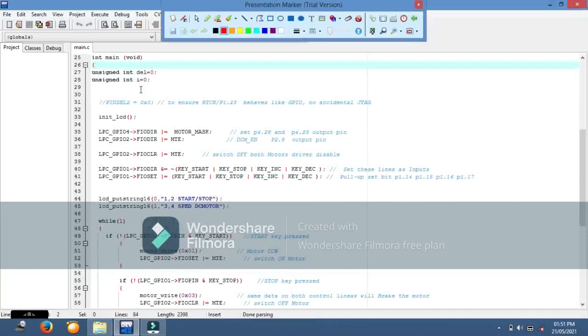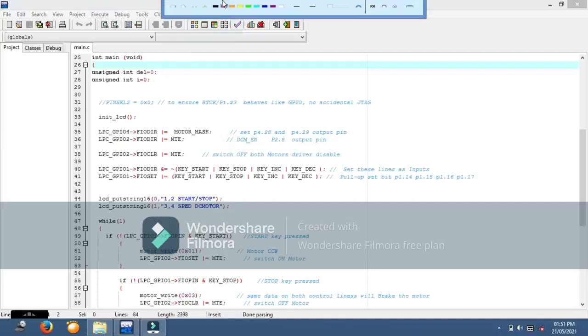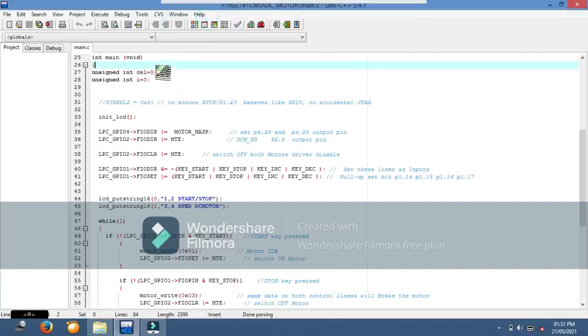Here in the main program, we have taken two variables: one to define a delay, and another, i equal to 0, for a loop, which we'll see later.